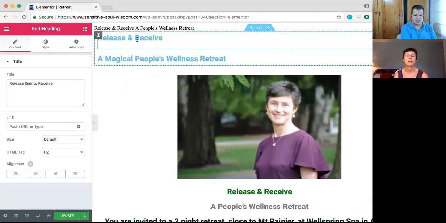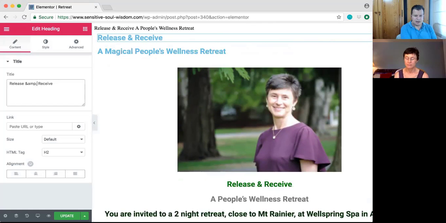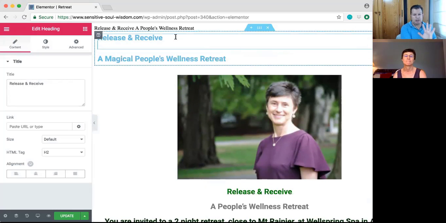Okay, and you see that it is Release and Receive. Perfect. So the copy looks a little bit different, so you can change that. Perfect. Okay, so you are now in this headline widget, and the things that all the widgets have in